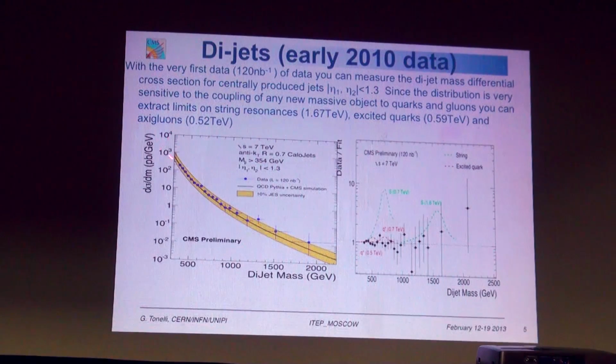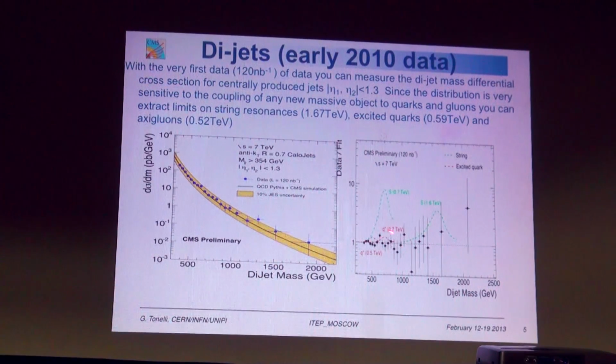Then what you do, you try to fit the QCD distribution that is there, and in this case you are reasonably able to predict it through Monte Carlo. You assign an uncertainty due basically to the jet energy scale. And this is an uncertainty that you want to reduce. This is why there is a continuous effort to reduce the jet energy scale uncertainty to, hopefully, now we are at 3%, and the goal will be 1%, to have this band as narrow as possible, because this will increase your sensitivity. Then you subtract the background and you look for bumps.